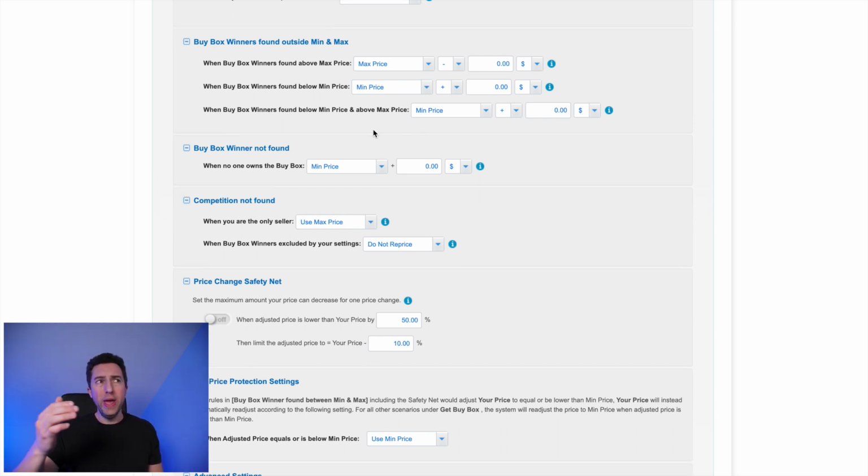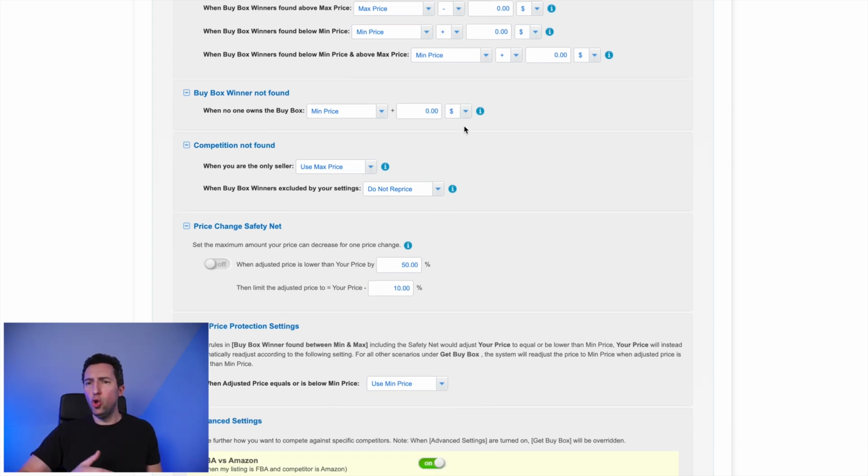This next rule: when it finds that the buy box winner is below my minimum price, it will use my minimum price. So if the buy box winner is at 9 and my minimum price is at 10, it won't put me at 9, it will put me at 10 because that's my minimum price. And when the buy box winner is found below minimum price or above maximum price, it will use my minimum price. And again, these are all rules that you tell BQOOL so that it improves your chances of getting